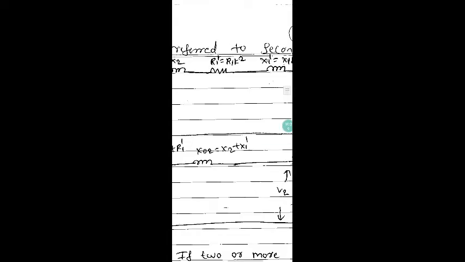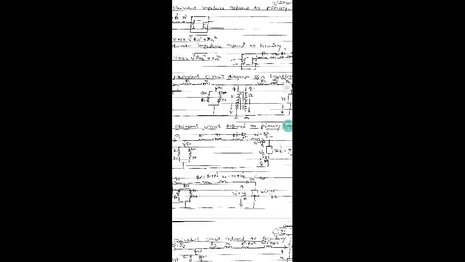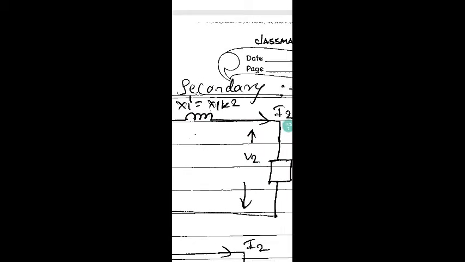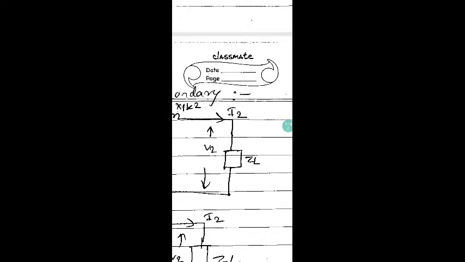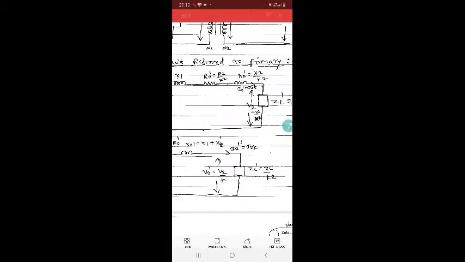Can you see this? R2, X2 remain as it is. The R1, X1 that was on the primary side, see this, R1 and X1 were here on the primary side. Okay, that has been sent to the secondary. Equivalent circuit referred to secondary means whatever was on the primary has been sent to the secondary. So see this, R1, X1 sent here. So if you shift R1 and X1 to the secondary side, then R1 will become R1 dash, that is R1 into K square. X1 will become X1 dash, that is X1 into K square.